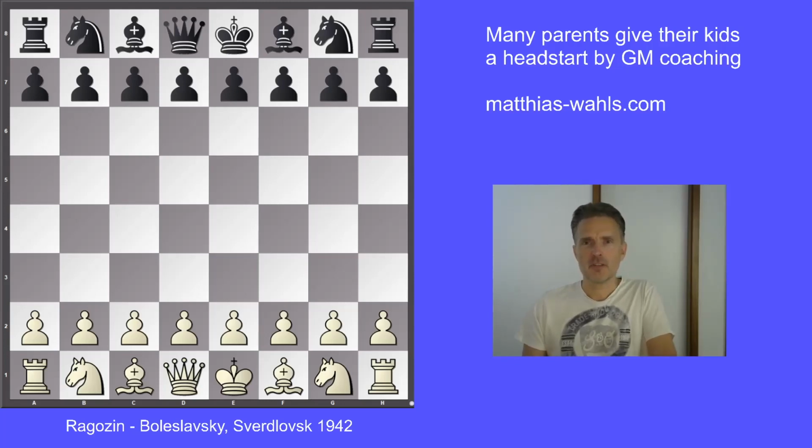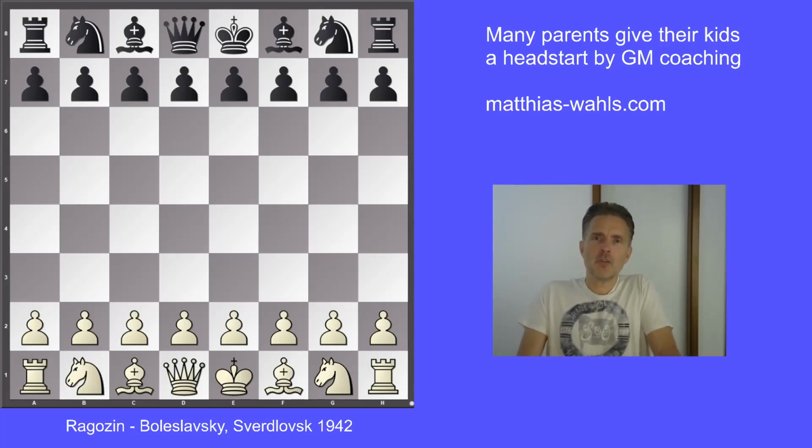Hello dear chess friends. You are now about to watch a very fascinating game between two strong grandmasters who had their best time in the 40s of the last century. Ragozin is known to many for his contributions to opening theory. Just think of the Ragozin variation of the Queen's Gambit declined. Then he also was a sparring and trainings partner of Mikhail Botvinnik and could manage to win the World Championship